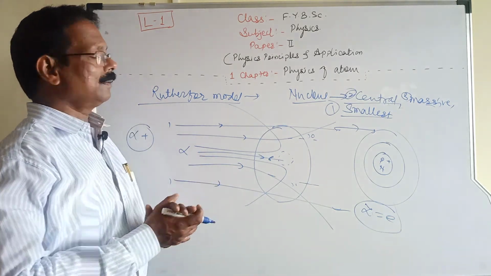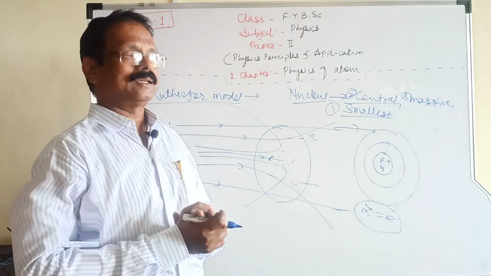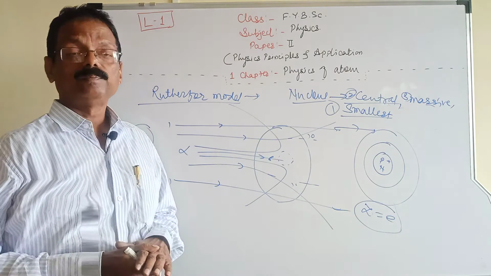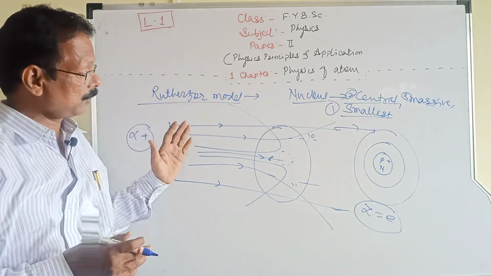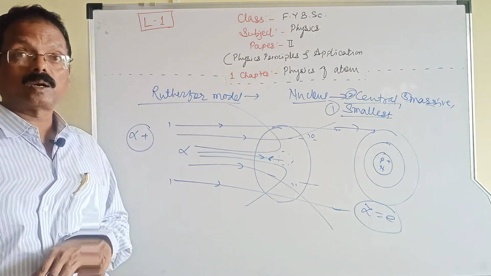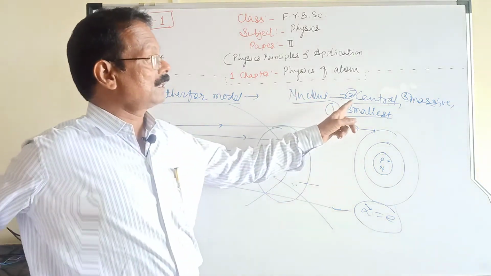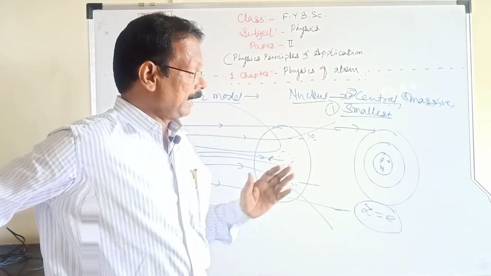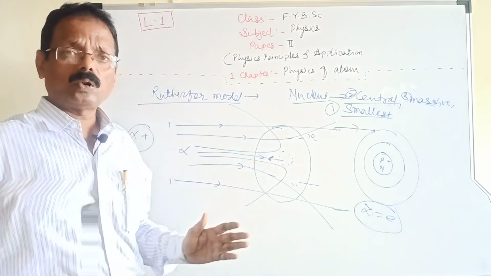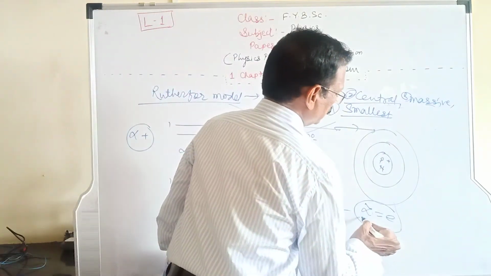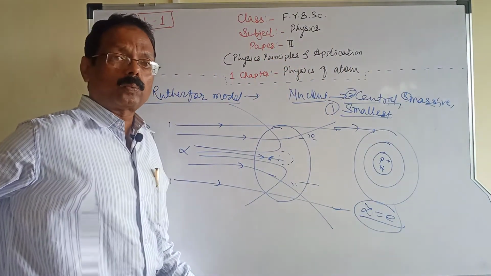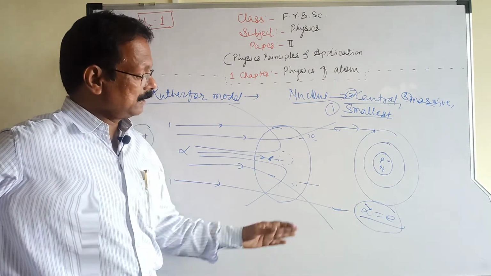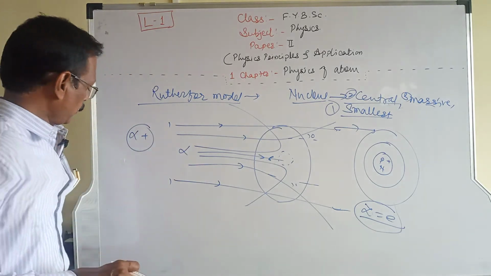So this is nothing but the Rutherford atomic model. Today we saw what the orbit is, the energy equation, then the Thomson model, and the Rutherford model. In the Rutherford model, we find the definition of the nucleus: the smallest central massive region of an atom. The nucleus contains protons and neutrons, and electrons are revolving around the nucleus in circular orbits. The number of electrons is equal to the number of protons. Z is the number of protons, and E is the number of electrons. The atom is electrically neutral. So this is all about the introduction to the Rutherford model.